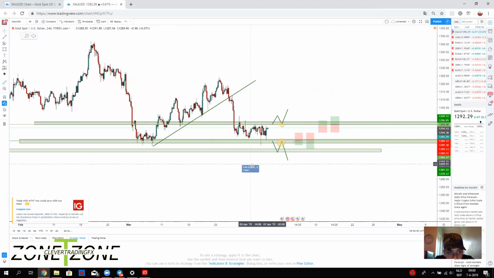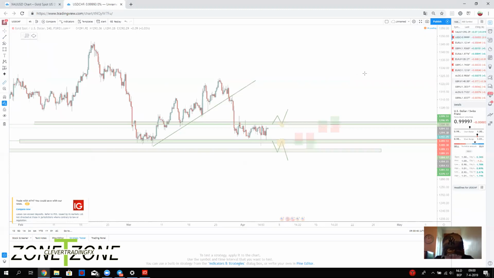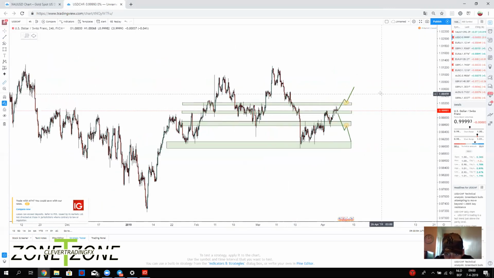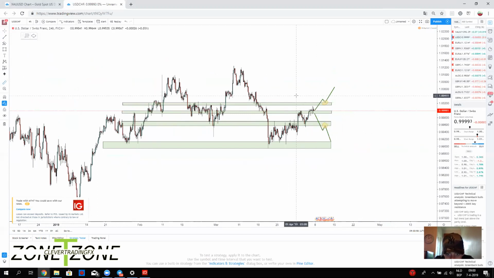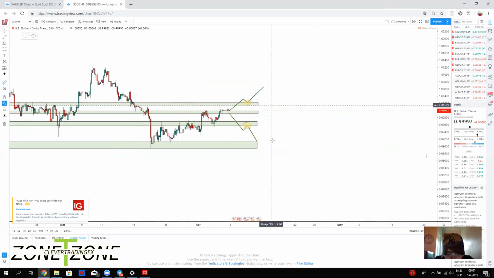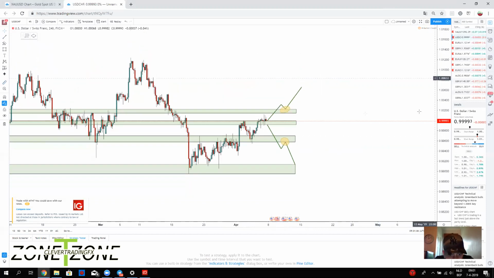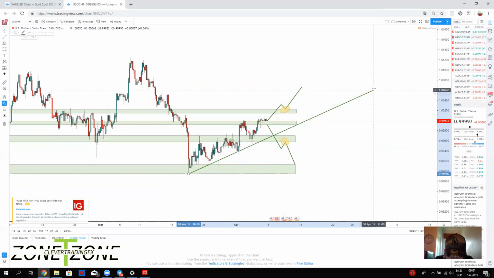All right. So then USD CHF. Same thing. Yeah. So I'm just a zone trader. These are my zones. Now you see here it's breaking right now on 4 hour, but it's a little bit sloppy. You see all the wicks here. So I might see it fall back down and then going back up. Well, why am I saying this? Because if you see this trend line like this,